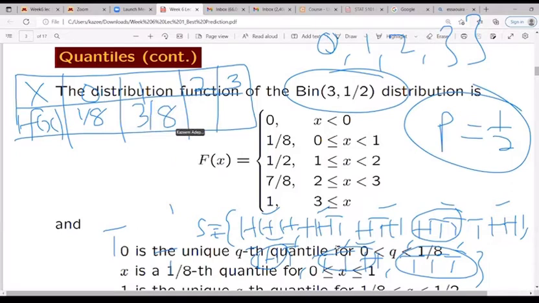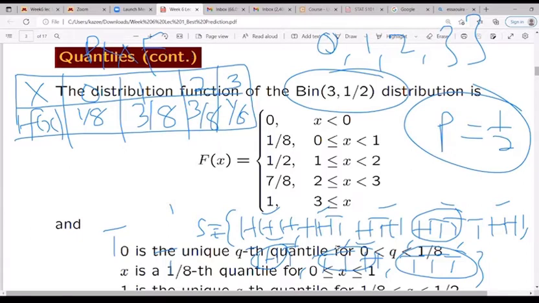Take a look at that. Then how many times do we have three heads? That is going to be 1/8. And how many times are you going to have two heads? That is going to be 3/8. So that's a PMF, a probability mass function. But if you want to get the CDF, you need to set up your probability mass function first. What I set up in that table is the PMF.